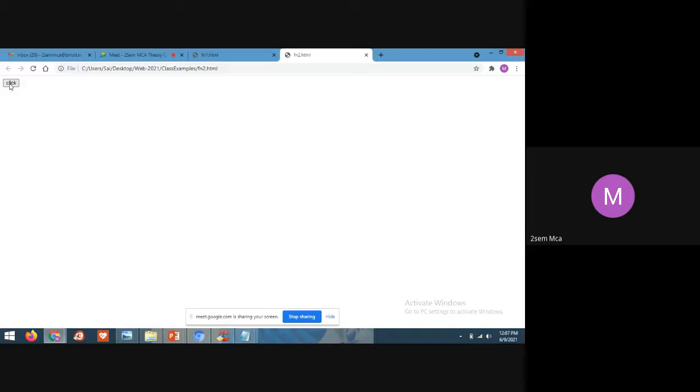What value is it taking? Whatever text or word I have given for the value in the input tag, it will take as the button name. Yes, students, button name it will take. So click on that. It is displaying 64. Click on OK.